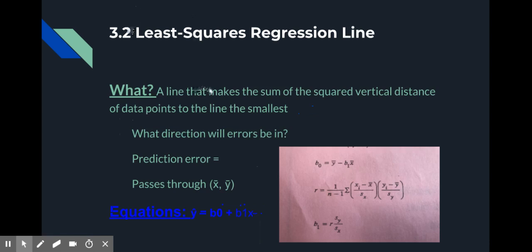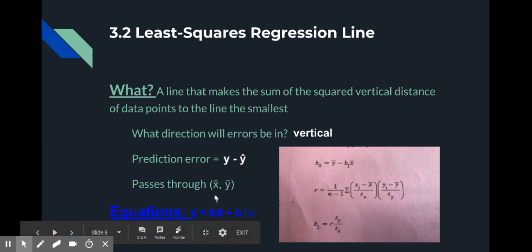So the least squares regression line, what is this? This is a line that makes the sum of the squared vertical distance of data points to the line the smallest. The errors for this line are going to be in the vertical direction, and this is because you're predicting y from x. The prediction error, also known as the residual, is the observed value minus the predicted value, so y minus y hat. The line always passes through mean of x and mean of y,